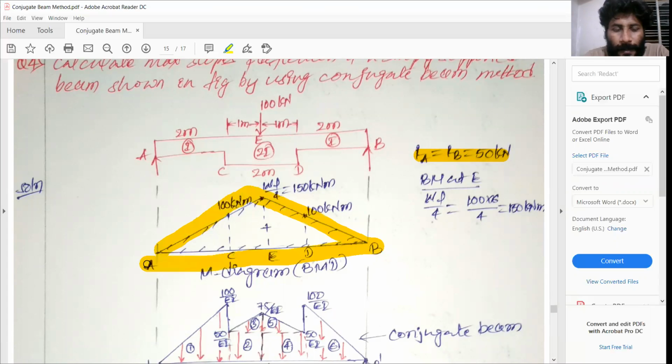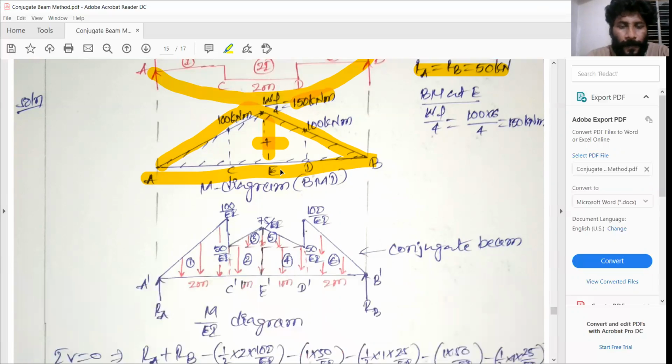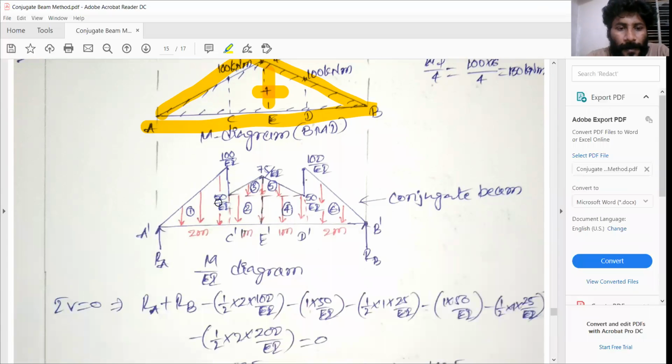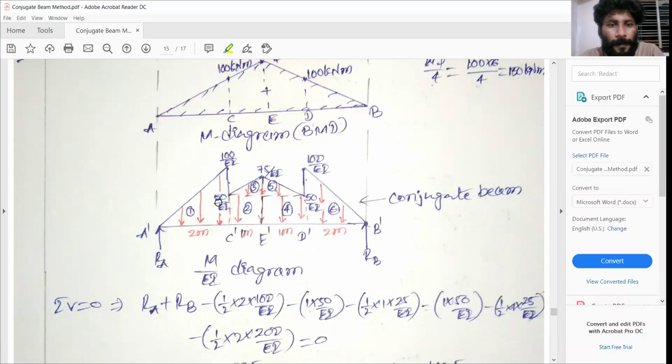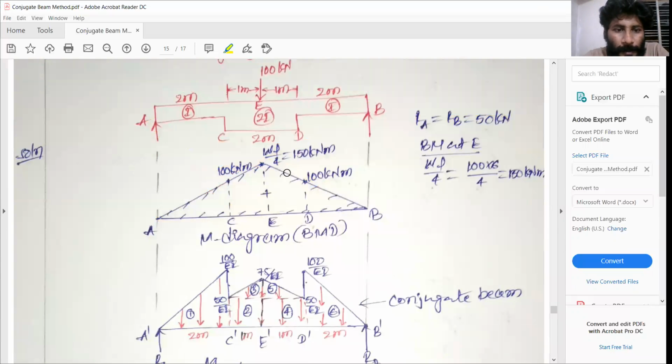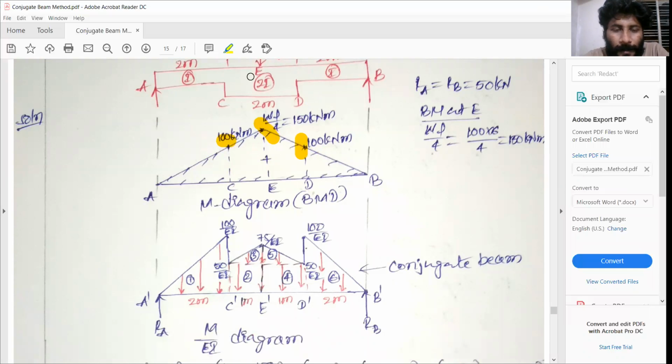Again, it's a point load, so it's a linear variation. Therefore, 50 into 3 meter is 150 kN meter. The values for this case are the standard equation. It's positive again, so the beam deforms something like this. After finding the bending moment diagram, we divide the BMD values by the corresponding I values. So here we have 100 kN meter, because 50 into 2 is 100 kN meter, 100 kN meter, 150 kN meter. So divide these values by the corresponding adjacent cross-sectional I values.